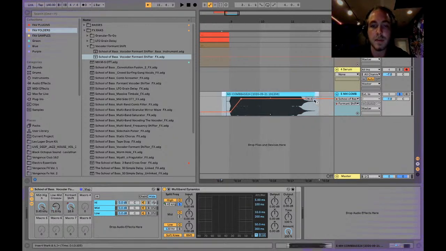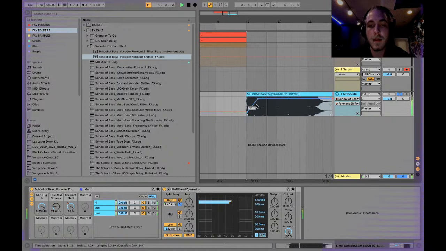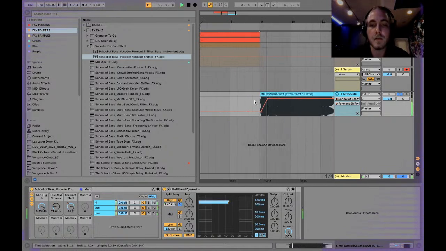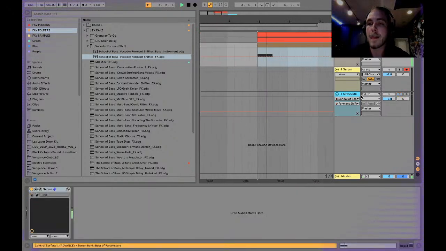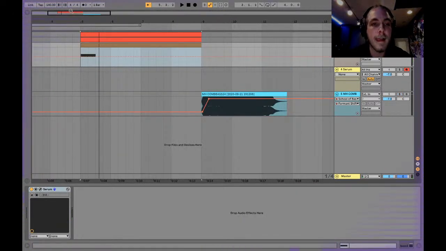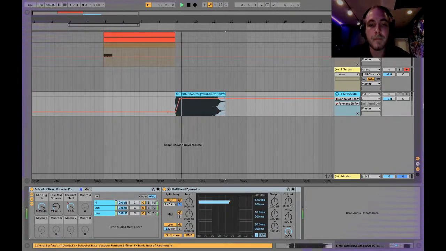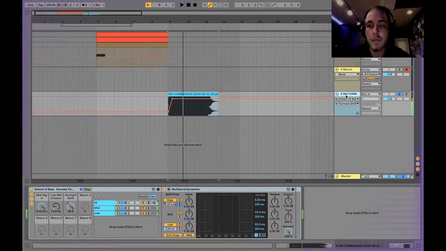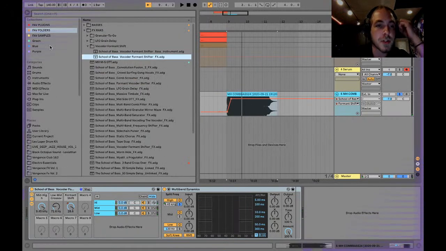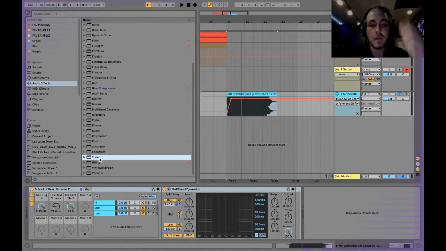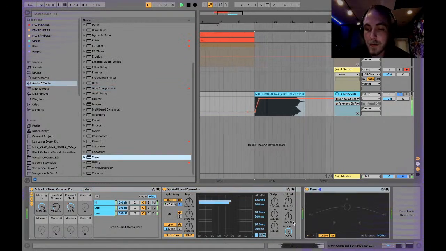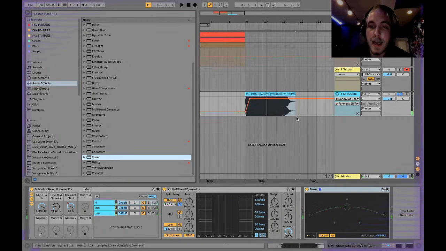Just move all this over here. We can get a clean start right on the downbeat. And let's move it. And just to be double sure, we can put a tuner, just make sure we're hitting the right note. So that's actually hitting an F. So